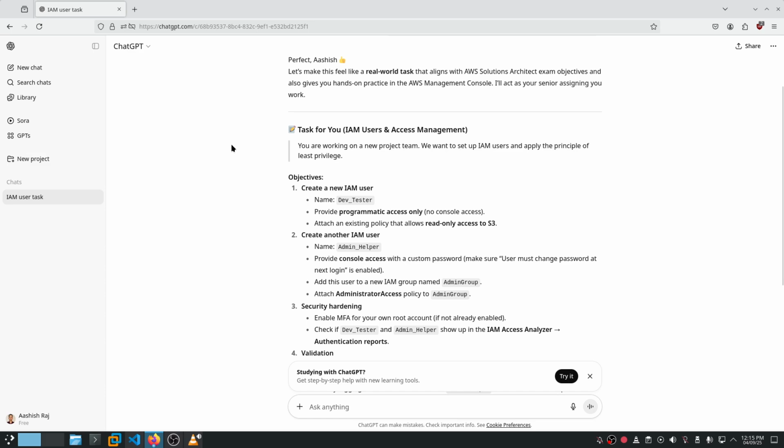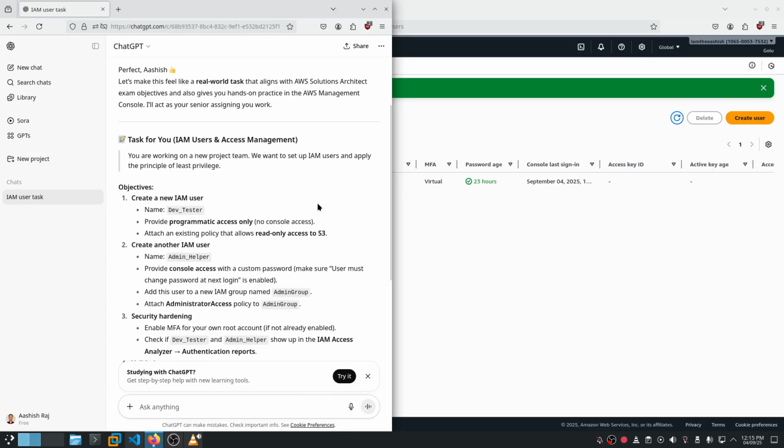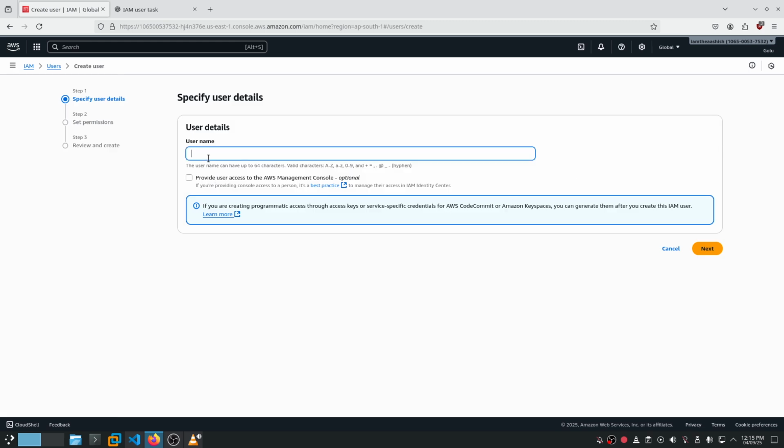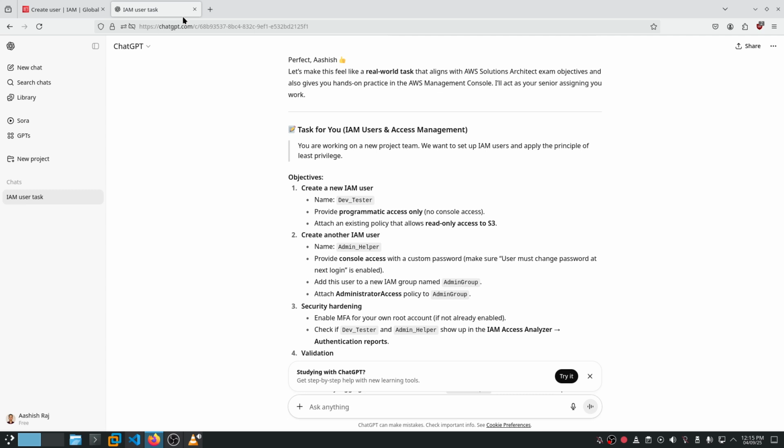I'll open this in a new tab. Let's say this tab only. Dev tester. Name will be dev tester. Programmatic access only, no console access. Okay. Attach.